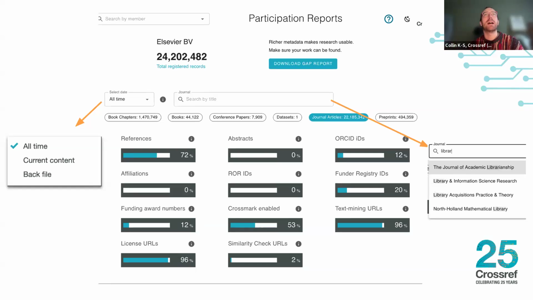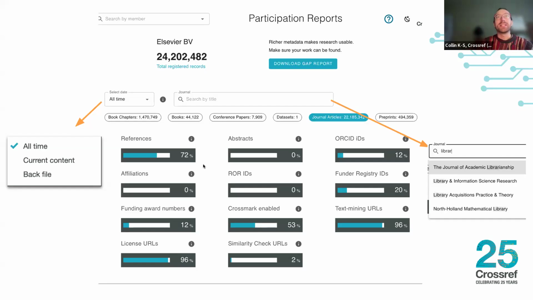So for example, here we have Elsevier's participation report. We're looking specifically at all of their 22 million journal articles. I think Elsevier is maybe our most prolific member in terms of the number of DOIs. So you can see here that for Elsevier's journal articles, 72% of them, they've sent their reference metadata to us.